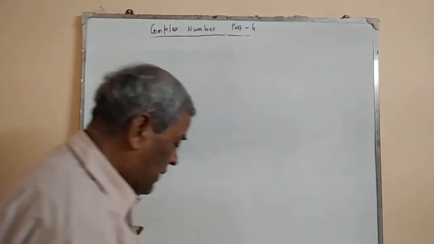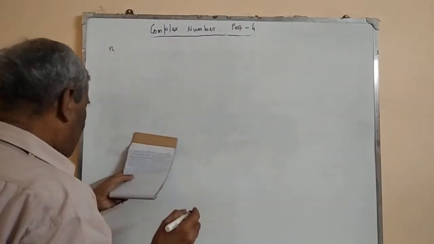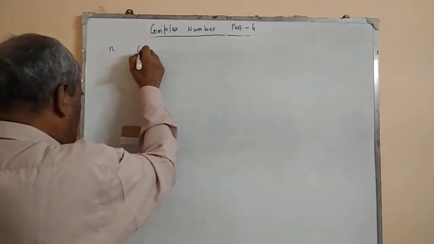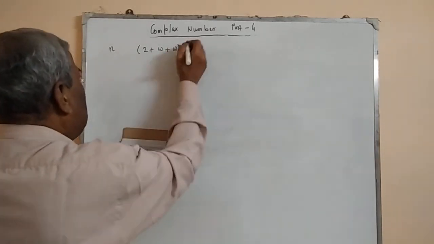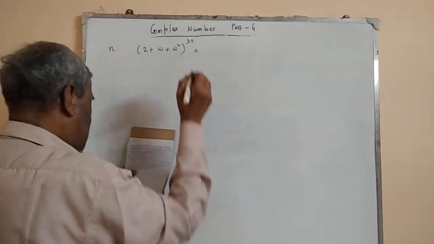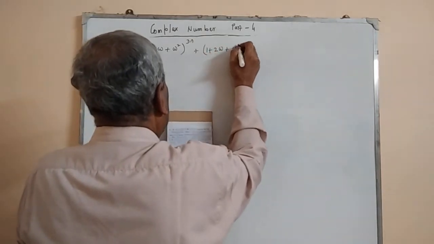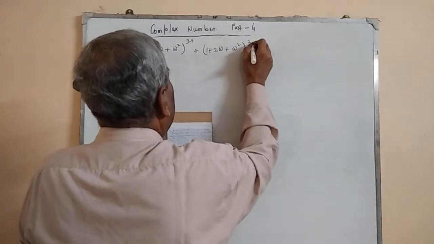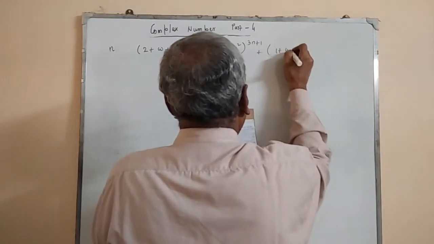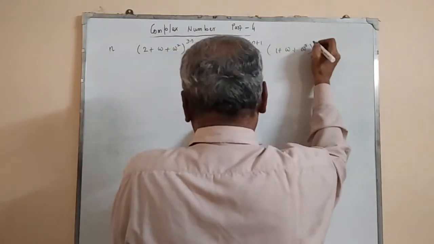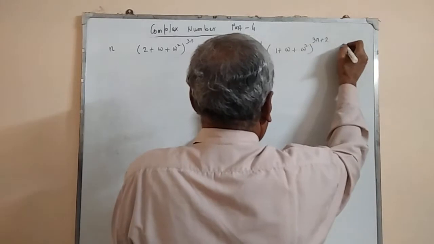Take the first problem: for any positive integer n, the value of (2 + omega square) to the power 3n, plus (1 + 2 omega + omega square) to the power 3n + 1, plus (1 + omega square) to the power 3n + 2 is